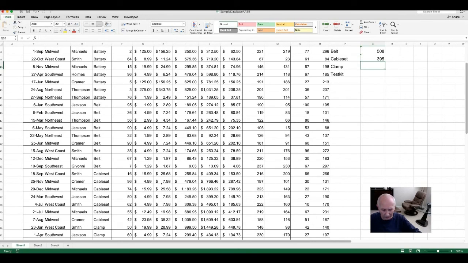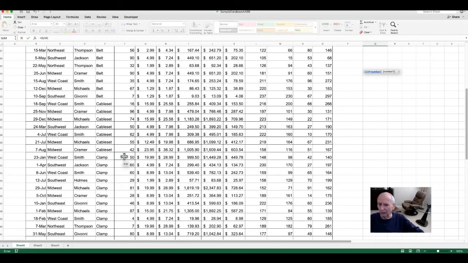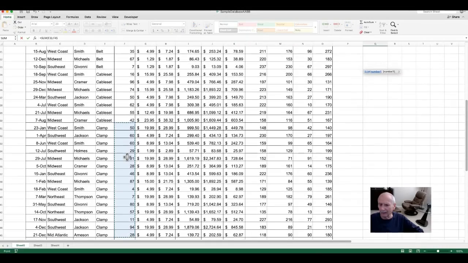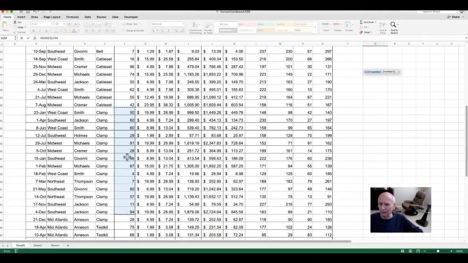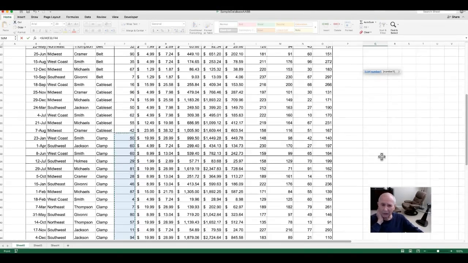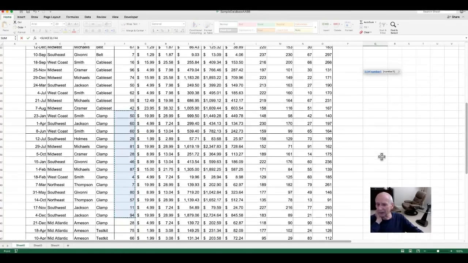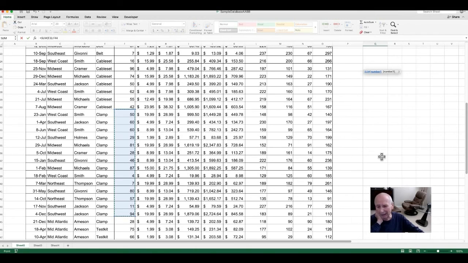Now for the clamp, we're going to say again, equals sum. And we're going to highlight that. Now, watch what I'm going to do here. I'm going to stop short of where I need to be. There's one more sale of clamp, and I didn't highlight it. Well, before I push the enter key, I should be looking at this to make sure that what's highlighted is what I want highlighted. And when I see that it's wrong, I can drag it down one more cell if I want,